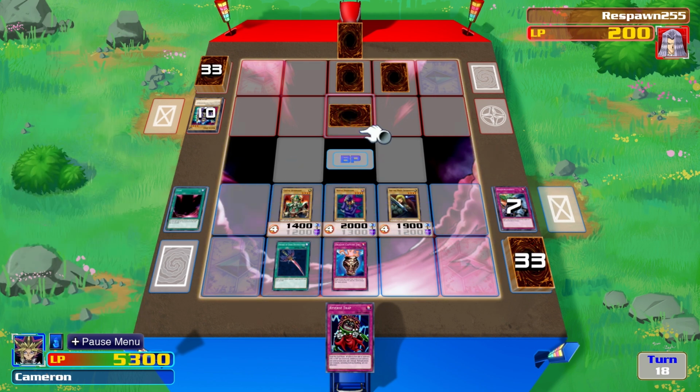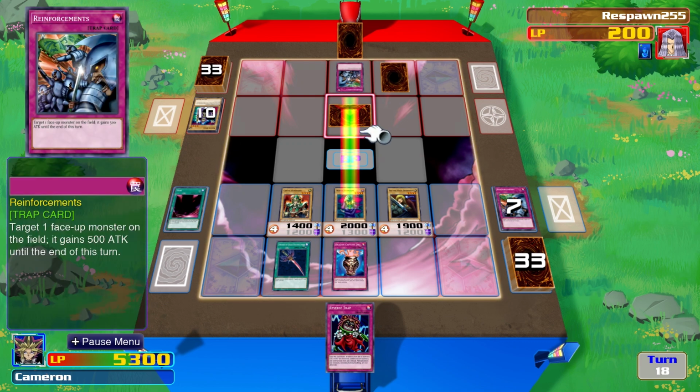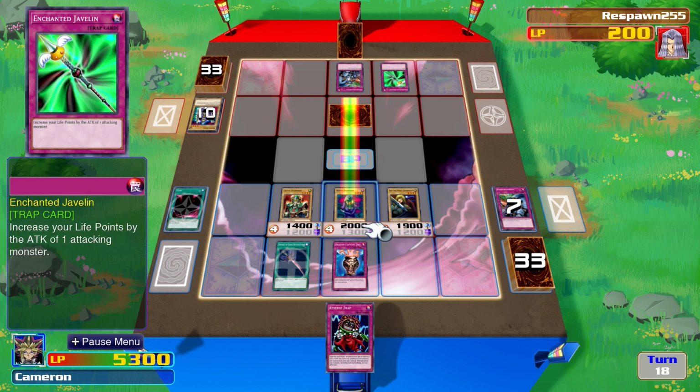Attack with Witty Phantom to make it a sure thing. And Pegasus has activated a reinforcement, so it was his face down card. Oh, okay, clever. He's activated reinforcements